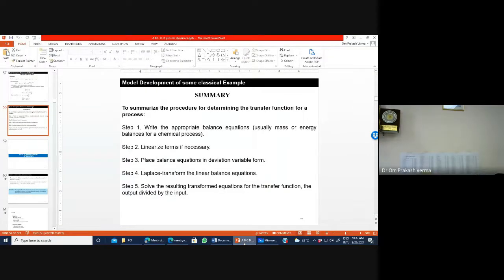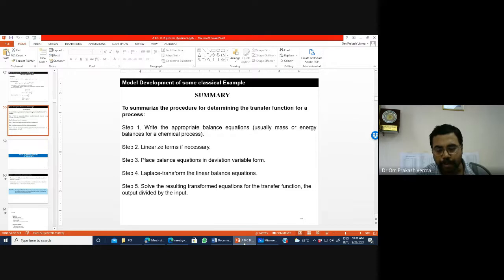Today we are going to discuss the different types of model that are based on data. Such models are usually used in data science. So today we are going to start the empirical modeling.